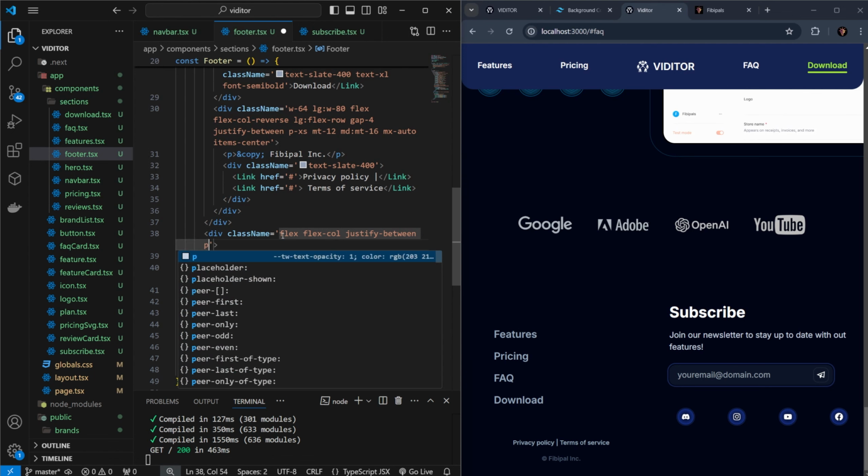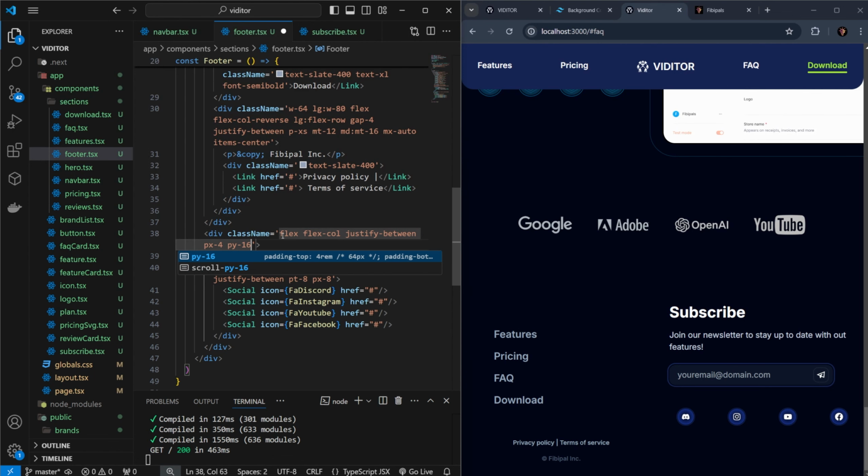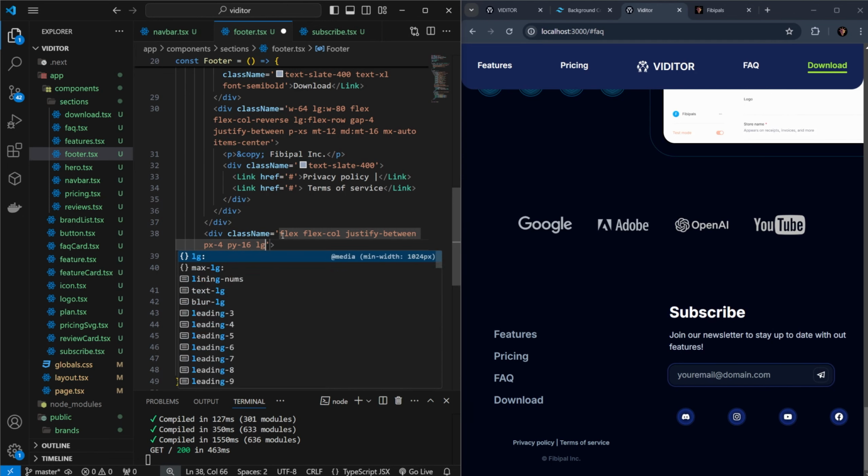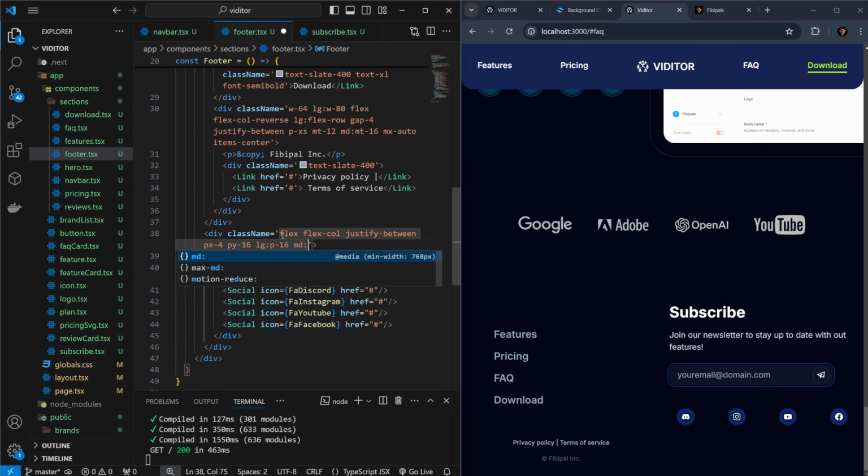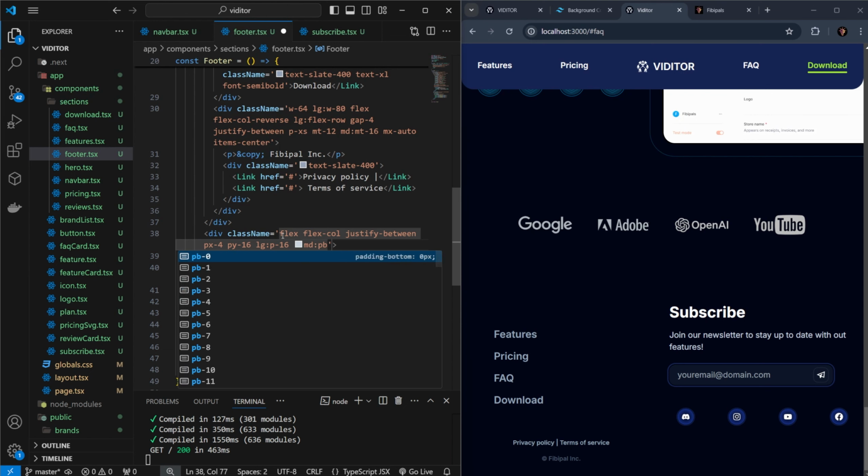Also we have padding x equal to 4, padding y equal to 16. In large screens we want padding equal to 16. Then in medium screens we want padding bottom equal to 8. Then we need to add a background gradient to bottom